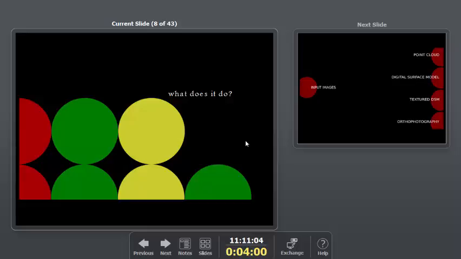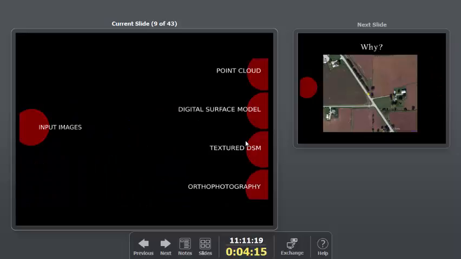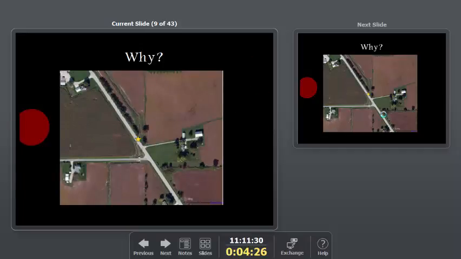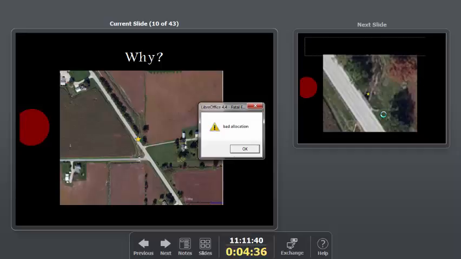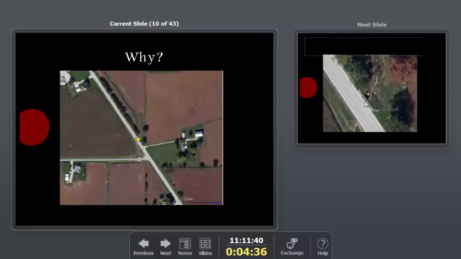With a set of input images, we get from Open Drone Map a point cloud, a digital surface model, a textured digital surface model, and orthophotography under the right conditions with the right inputs. And the basic question of why do this is that all of a sudden we go from relatively low resolution imagery, which we thought was pretty cool when we first got it, the 1 foot or the 6.5 foot imagery, to